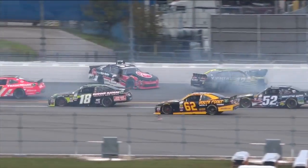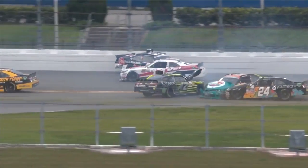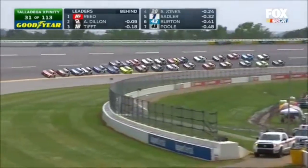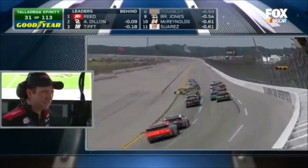We saw cars go airborne in Talladega. That car could have easily went up and in the air and flipped over. The roof flaps open, the cowl flaps open, set the 2 back on the ground. Now, Joey Logano continues to drive back to the front. 14th already, Matt. That left front corner structurally sound, and they have repaired it with